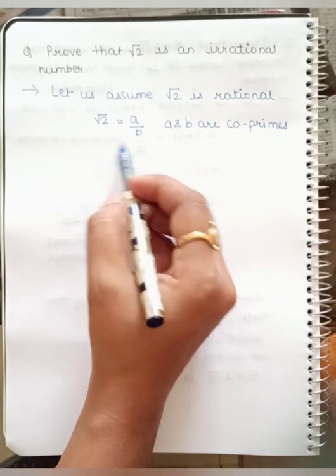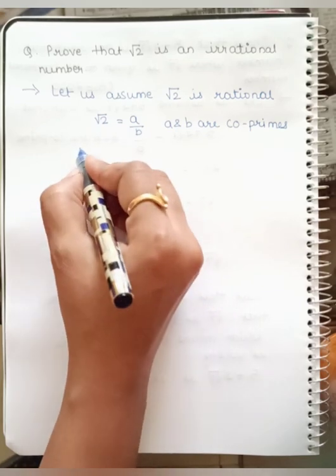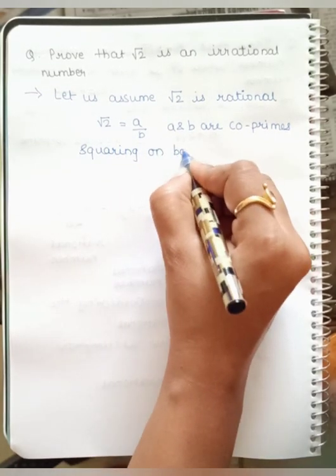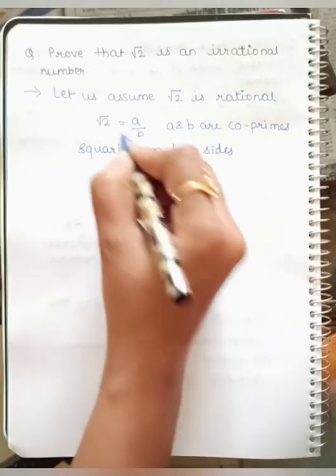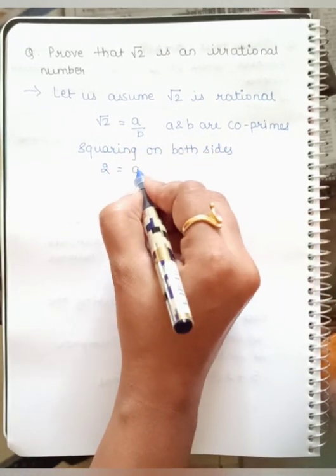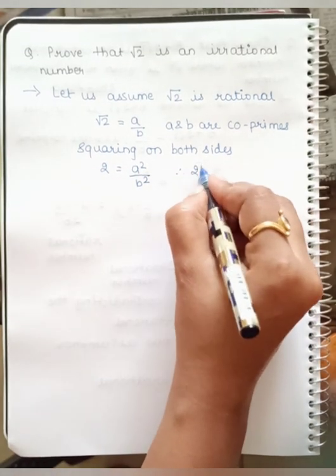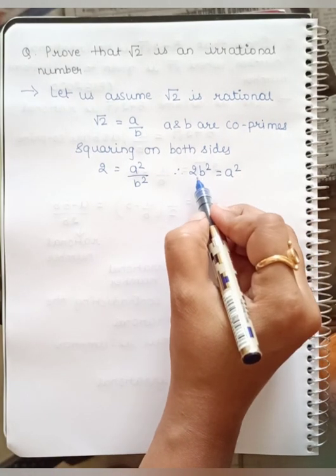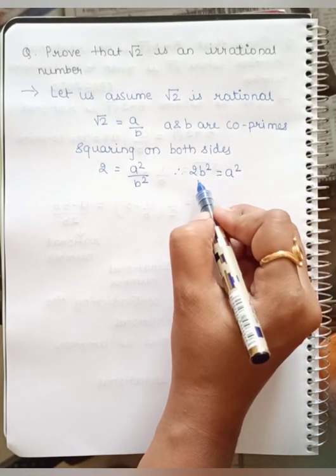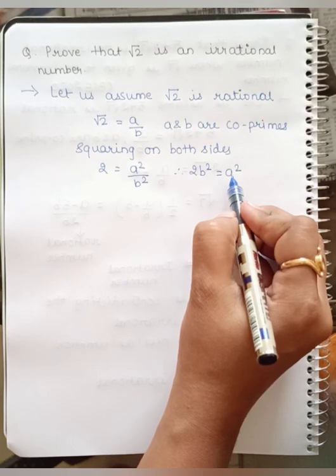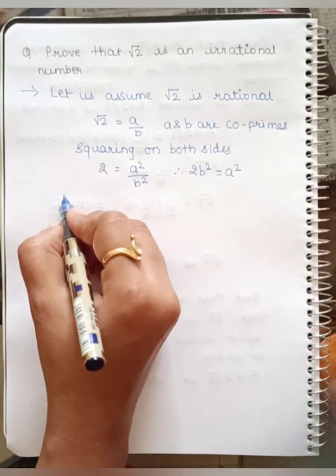Further, let us take square on both sides. So this root 2 square will become 2. Squaring on both sides, this will become 2, whereas on the right side it will be a square by b square. If you shift this b square to the other side, you can write it as 2 times b square is equal to a square. So now, by the theorem, we can say that if a square can be written in the form of 2b square, meaning a square is divisible by 2. So 2